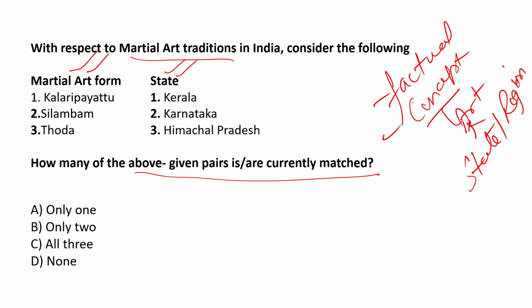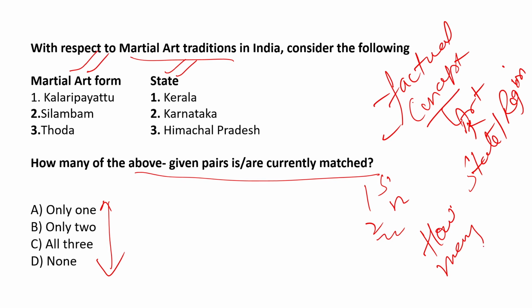In questions like these, if you look at the format, it is not asking about the first pair, second pair, third pair, it is asking how many. So that makes it difficult. If you know, you know; if you don't, fiddling with such a question can lead to you marking the wrong answer. So let us look at the